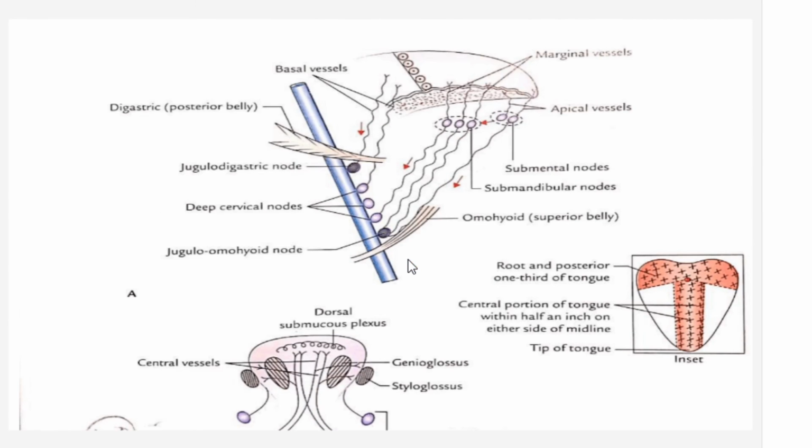Venous drainage is through the deep lingual vein, the venae comitantes, which accompany the lingual artery. They are joined by the dorsal lingual vein. The venae comitantes accompany the hypoglossal nerve, and the deep lingual vein, which is the principal vein of the tongue, is visible on the inferior surface of the tongue near the median plane through the thin mucous membrane in life.